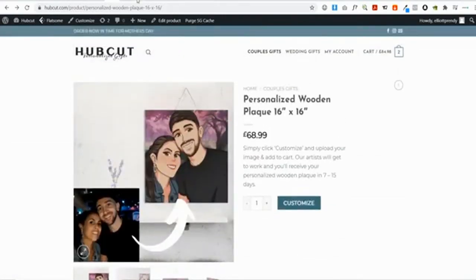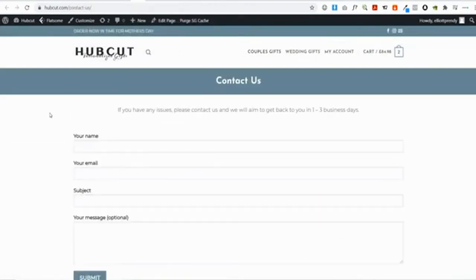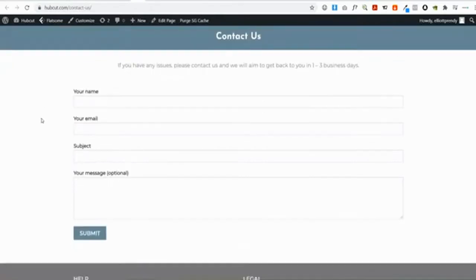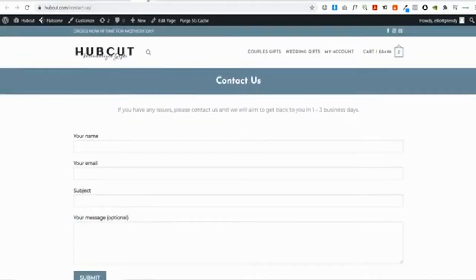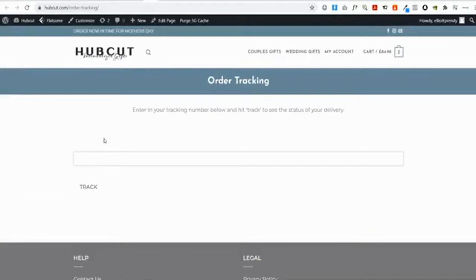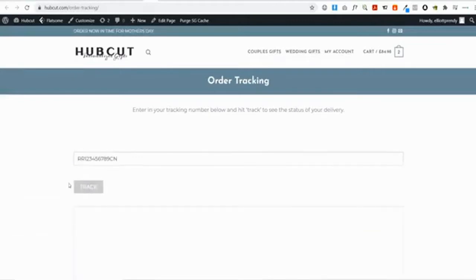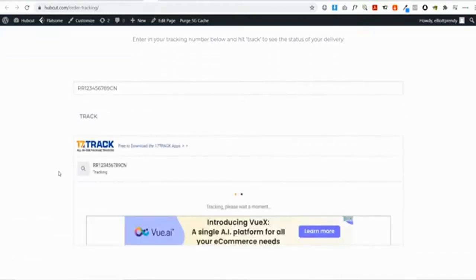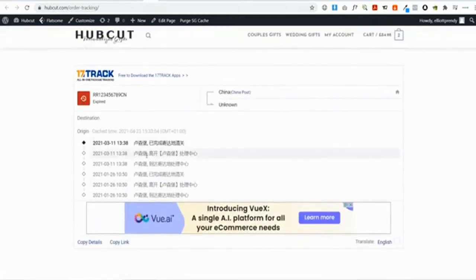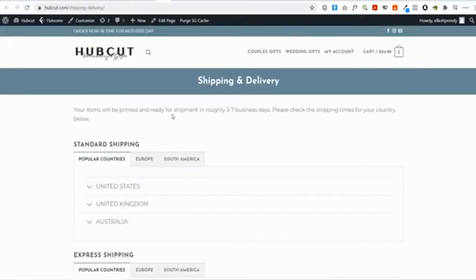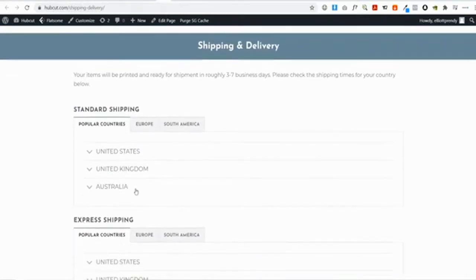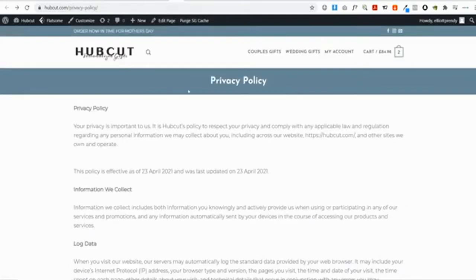conversions on your store. I'll also be showing you how you can create all of the necessary pages for your store, such as a contact us page, an order tracking page where customers can enter in a tracking number, just hit track, and then they can see the status of their package. I'll also be showing you how you can create a shipping and delivery page based on different types of shipping and different countries and different continents. And I'll also be showing you how to create all of the other pages, such as your privacy policy and